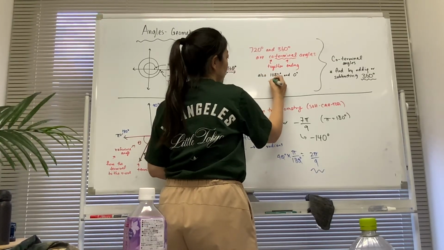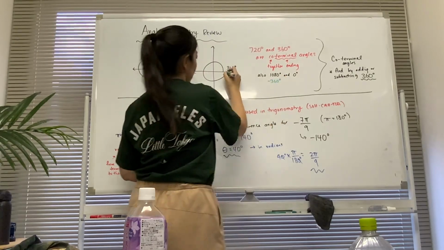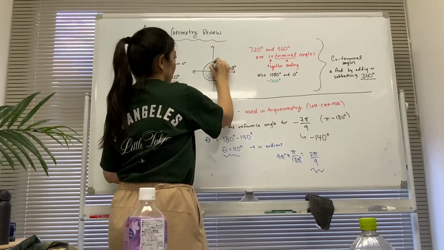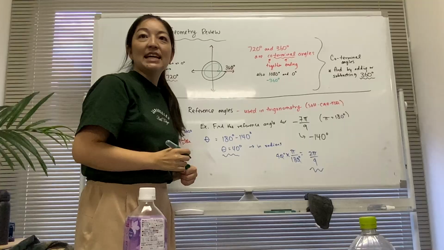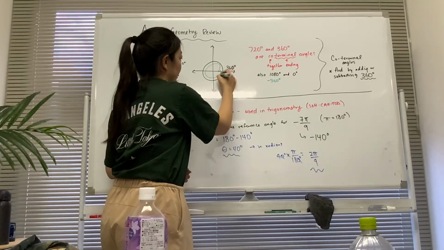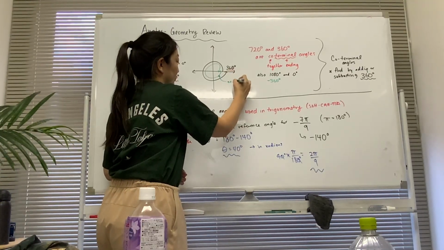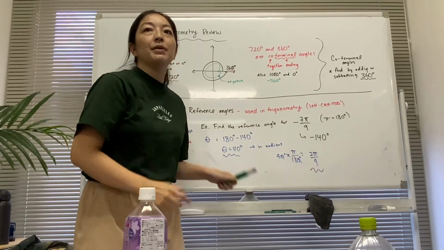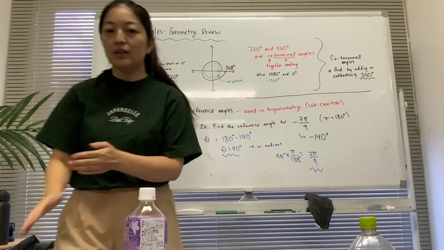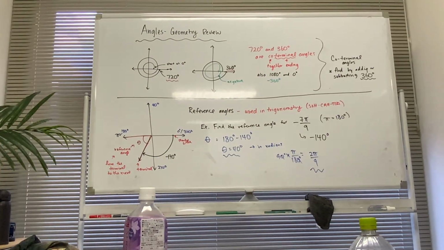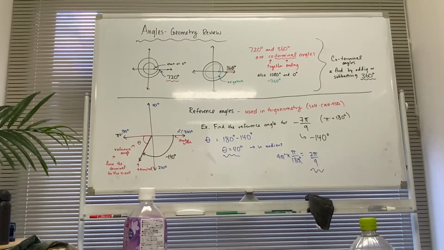Coterminal is negative 360, which just means this way is negative, that's a negative direction. Usually they'll want a positive coterminal angle, but you are also learning how to be flexible. Okay, so I will be putting some worksheets up because we did not